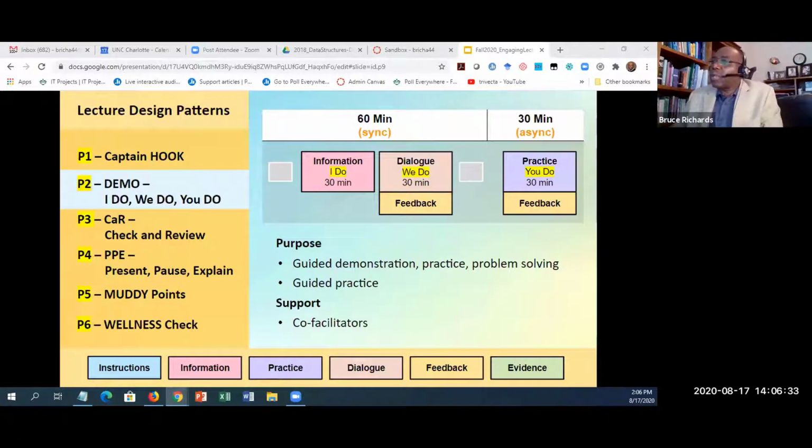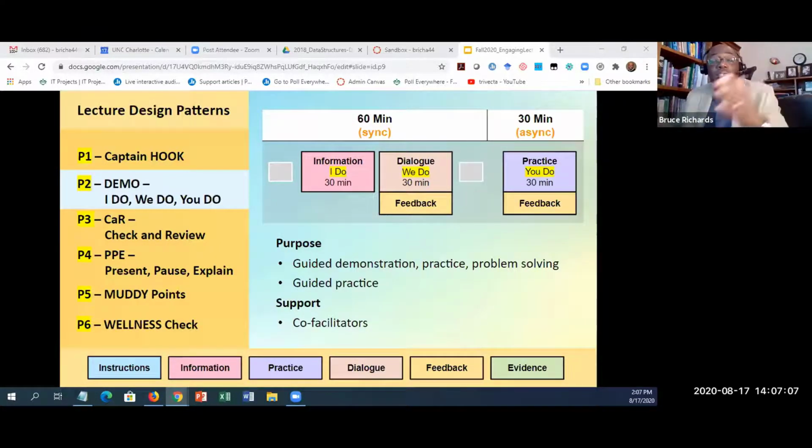Now you notice it starts out with that information. You're showing the students something that takes 30 minutes. And then we have a dialogue about it in the wider group as to why this worked, how this worked, and how we can make it better. And then off they go to practice it. Now that practice can happen within the 60 minutes of the class, but it doesn't prevent you from saying to the students, this is something like a homework that you have to do outside of the class.